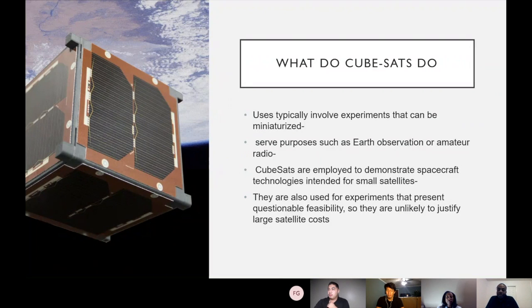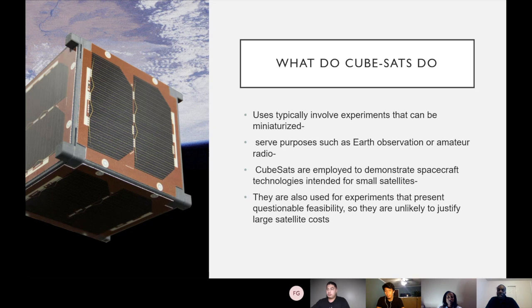They're typically employed to demonstrate spacecraft technologies which are intended for small satellites. They're not really going to have the variety of abilities that a larger satellite would, which I believe somebody said earlier. They're also used for experiments that present questionable feasibility, so they're unlikely to justify large satellite costs. What I meant by that is, earlier I mentioned the high-risk missions, but what I surmised from my research was that